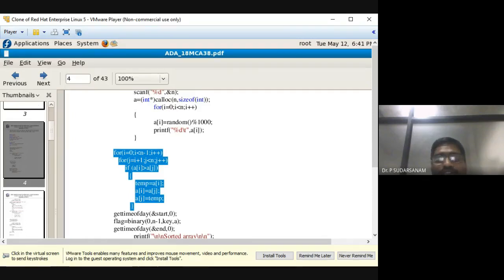So you know how to do sorting. Any sorting technique can be used here. Because binary search has an input restriction, you have to sort first, then only it is possible to do it. So you execute both of these programs at home. You have to show it to me, then only I can move to the next one.